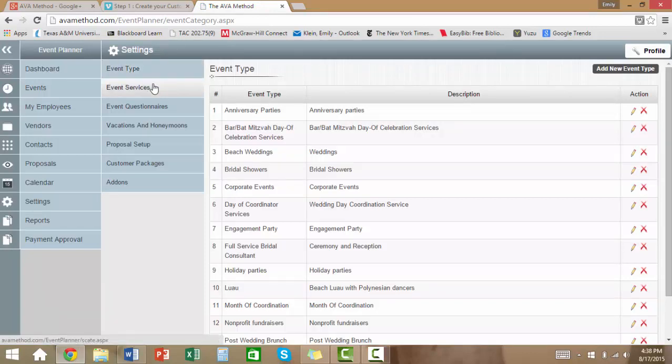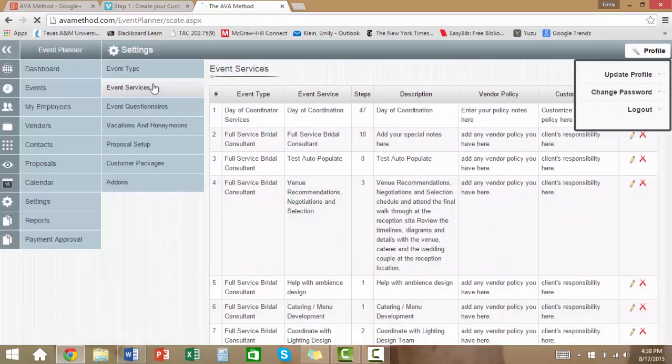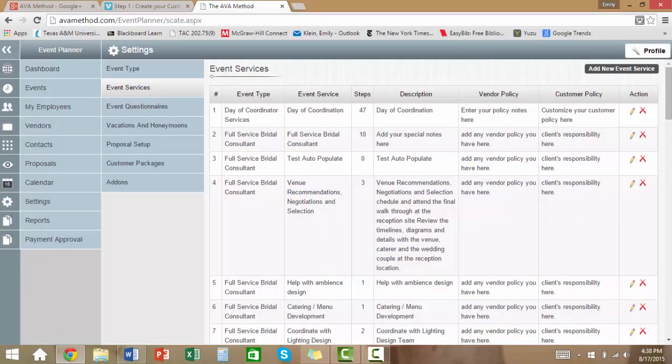The next is event services. A, B, C, D, the event services that you do for the broad categories. So one of the broad categories was Day of Coordinator. The event service would be Day of Coordination, and right here I've added